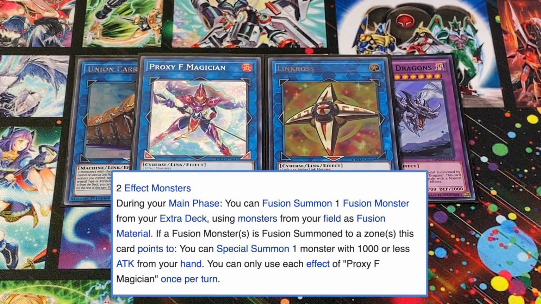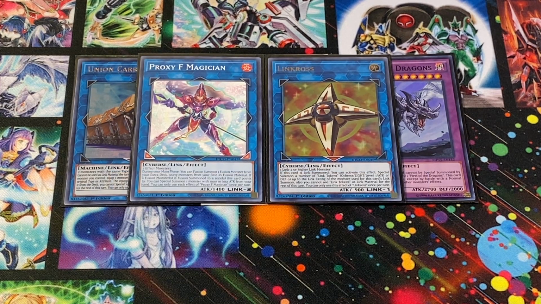It is a Link 2 generic monster that just needs 2 effect monsters to summon, has the diagonal arrows you can see, and it says during your main phase, without paying any cost, you can just Fusion Summon a Fusion Monster from your Extra Deck using monsters you control as materials, and if you Fusion Summon to a zone this card points to, you're able to go and Special Summon a weak monster with 1,000 or less ATK from your hand. That effect is a nice bonus in that it gets you out maybe Magician Souls or Bismugear that you can't Pendulum Summon out between Scales 1 and 8,